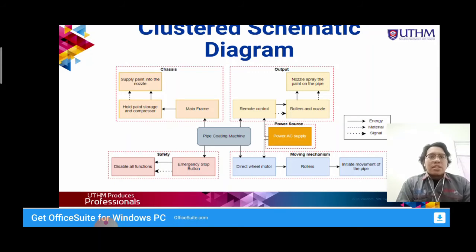Then we move on to the clustered schematic diagram. As you can see, the machine is clustered into 5 different blocks, 5 different clusters, which are the chassis, the output, the safety, the moving mechanism, and lastly the power source. Okay, so we can see the chassis is about the mainframe, and then the mainframe holds the paint